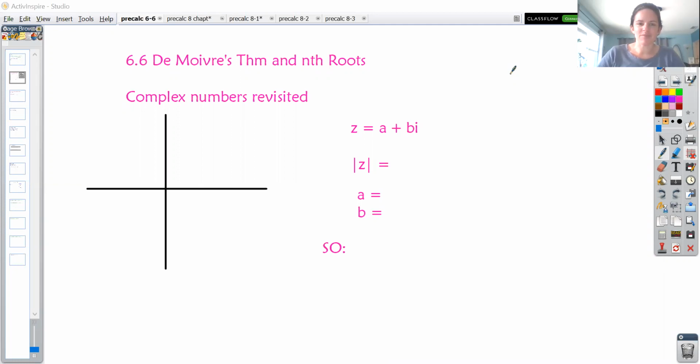6.6 is DeMoivre's theorem. It's the last section in the chapter. It has a lot of information, so you might need to buckle up. I will try and get through it as quickly as possible for you so that you're not sitting there watching